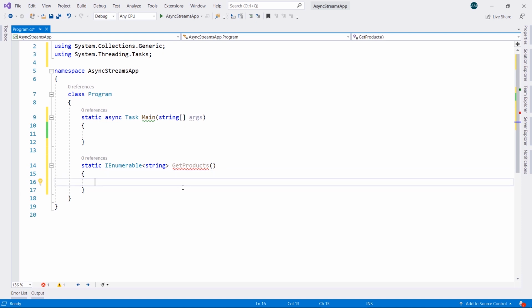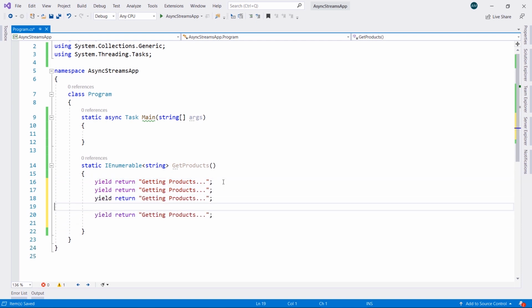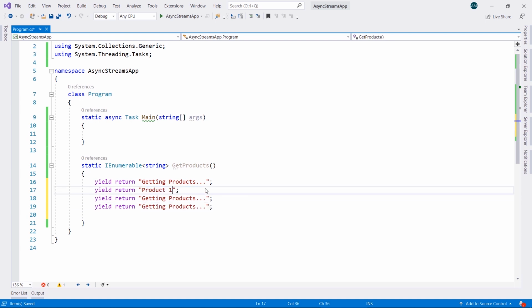And I'm going to add the yield keyword with a return, with just a very simple string, getting products. The semicolon, I'll take this as a copy, add it a couple of times in here. Okay, and I'll be adding product 1, product 2,